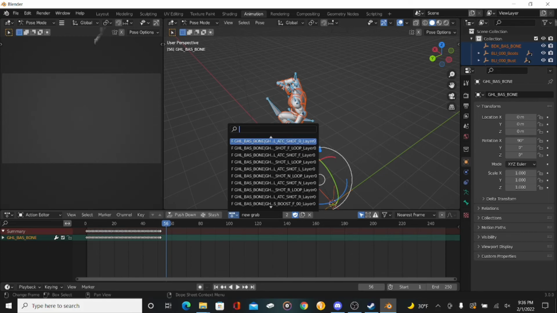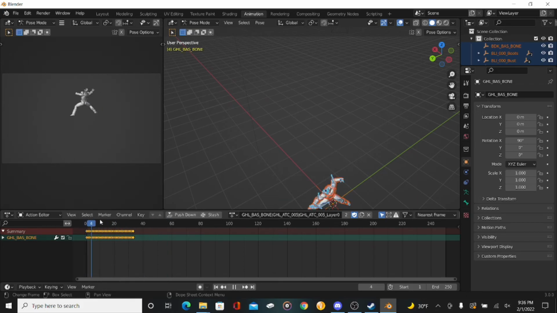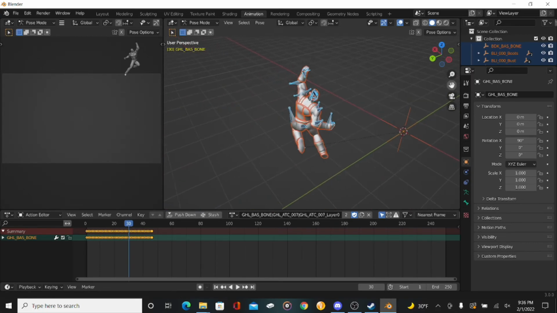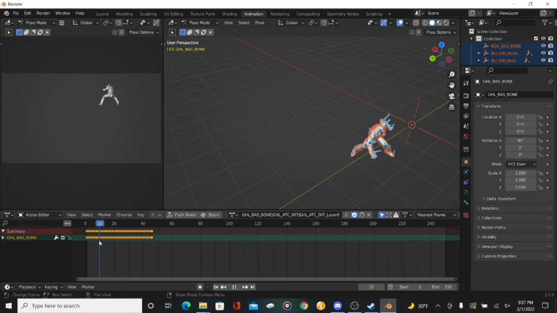Another thing that helps is if you want to highlight a certain body part pose. Let's say you want your hand to have a fist, and you want that fist to have an open hand.